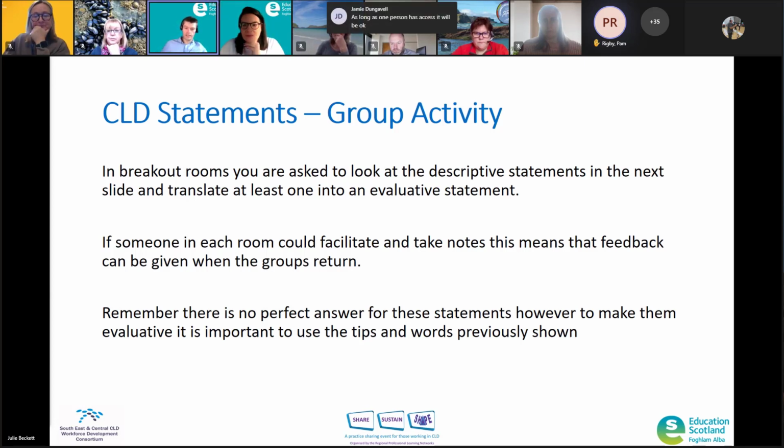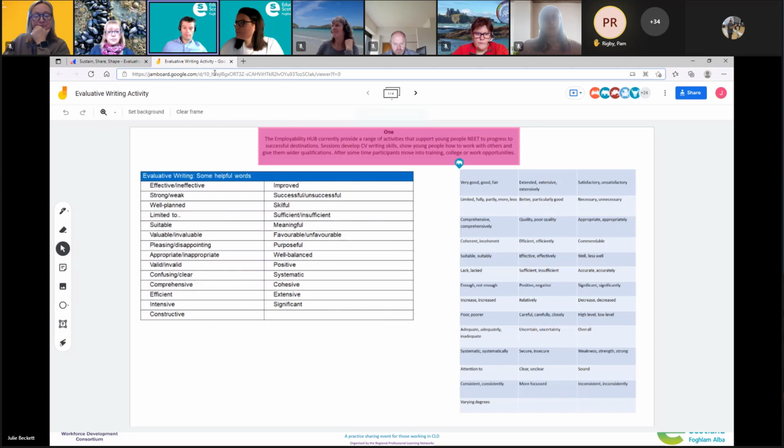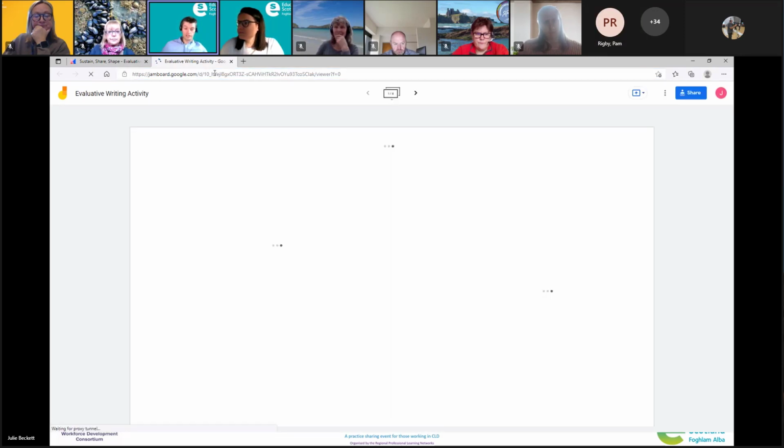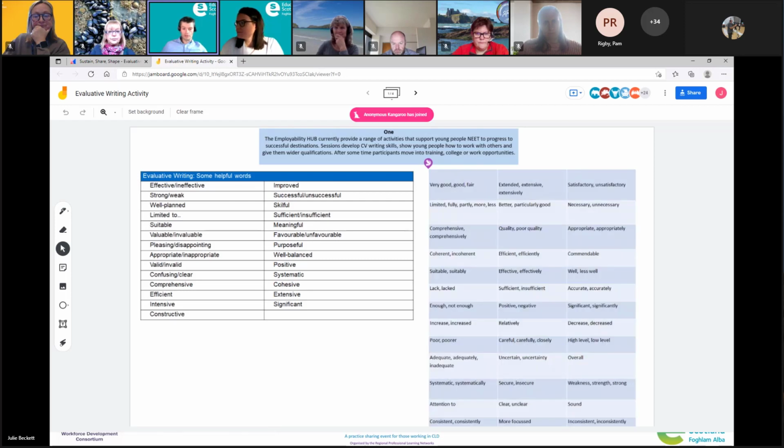As long as one person can see it, it gives the statements themselves, but at the same time, some of the kind of words that we've already mentioned. So as long as one person can access it, that kind of helps. And again, that's kind of the way it looks essentially. So as long as one person within each room can utilise it, that'll be fine.